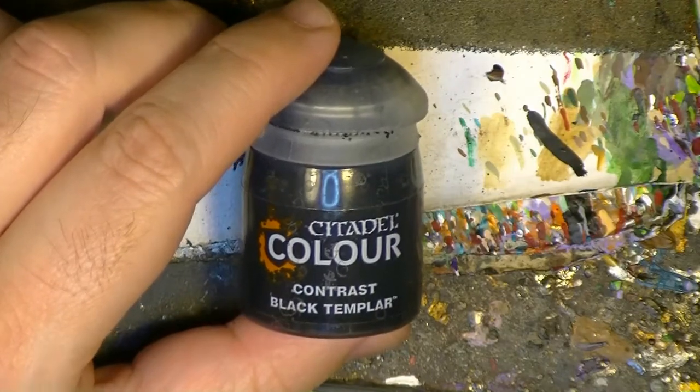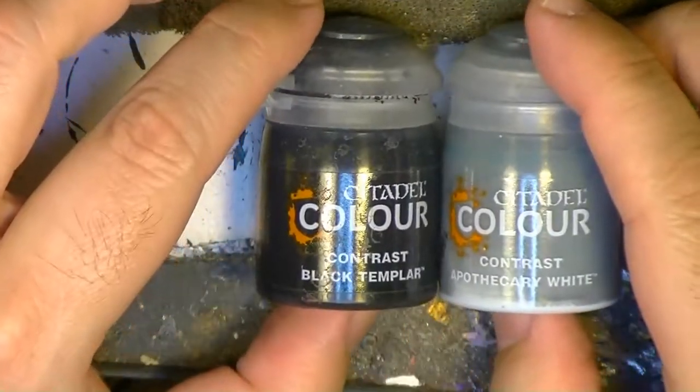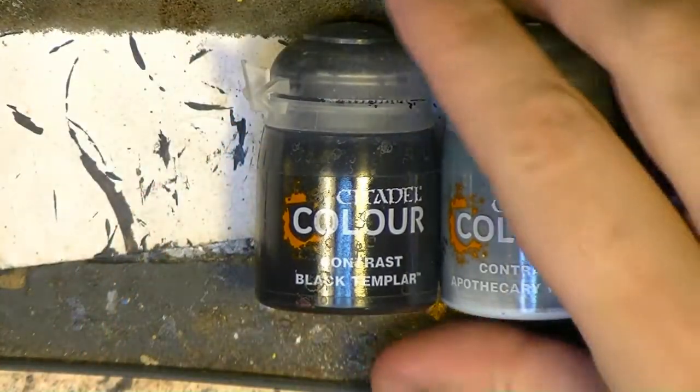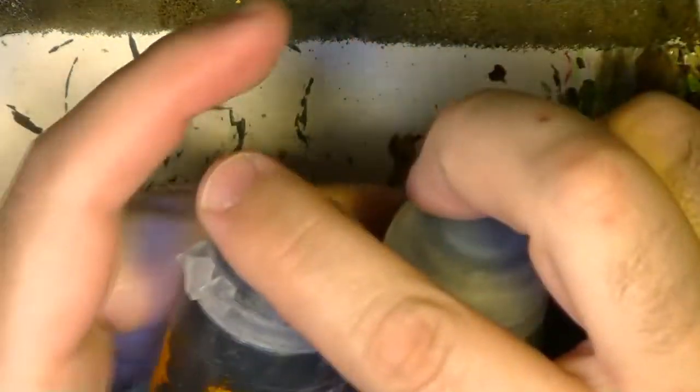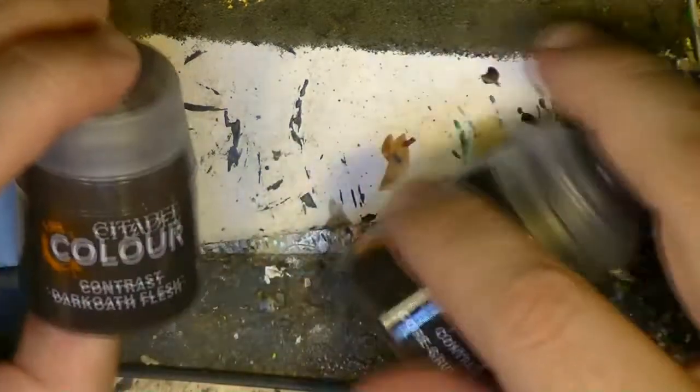To be fair, due to what I'm painting, I use the black more than the Apothecary White, but I would say both are giving me very interesting results. So these two are recommended for me. Okay, let's go. I also tested some of the